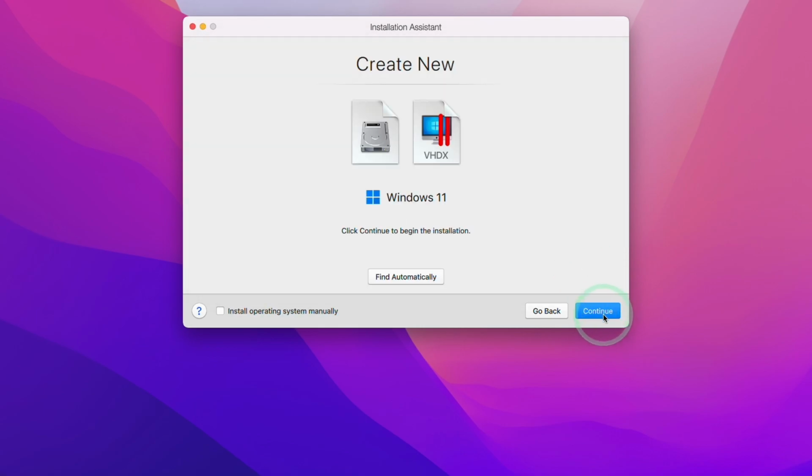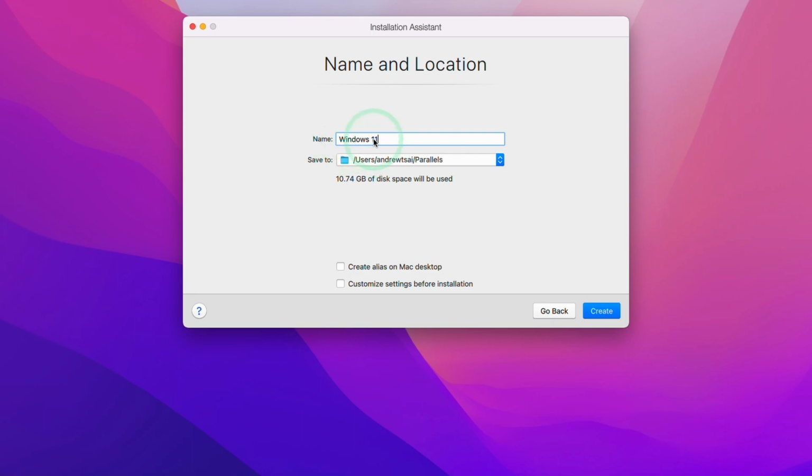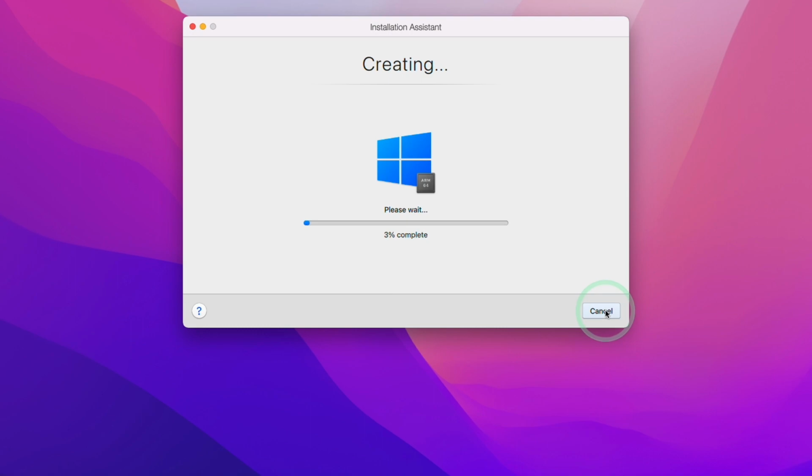So next we're going to press continue, and because we want to maximize game performance, I'm going to select games only as a primary use and press continue. So here we can set a name for our virtual machine. I'm just going to leave it as default and press create, and now we're going to let Parallels create that